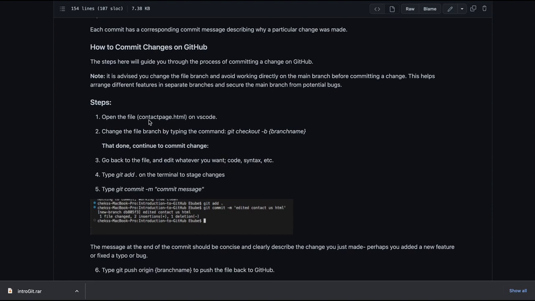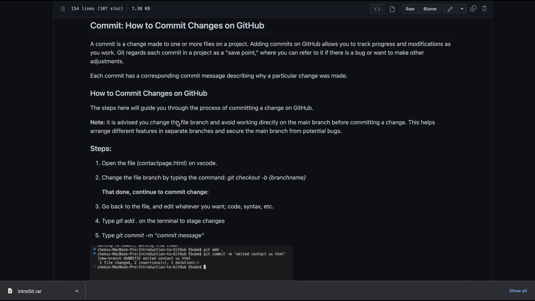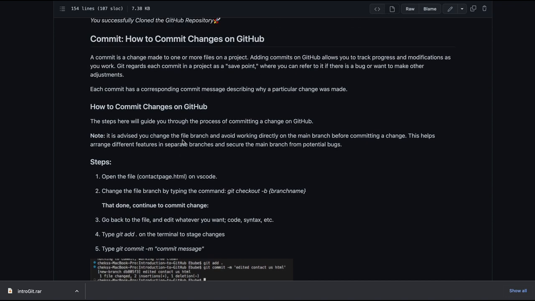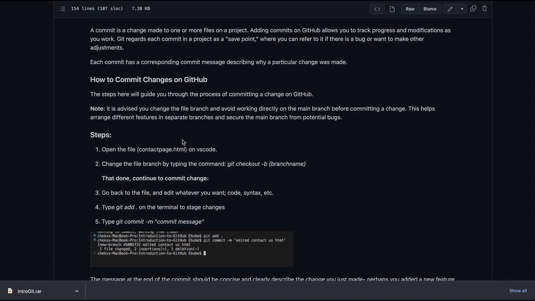Now, steps. Open the file contact.html on VS Code. First of all, what is contact.html? Second is, where can I even find this contact.html? So now, when you're writing, try not to put yourself there. Put others.